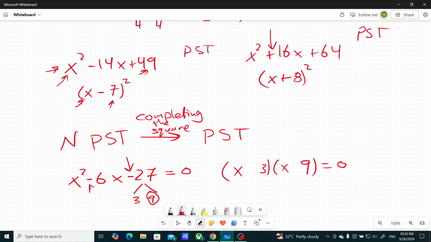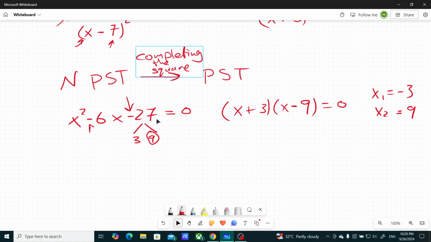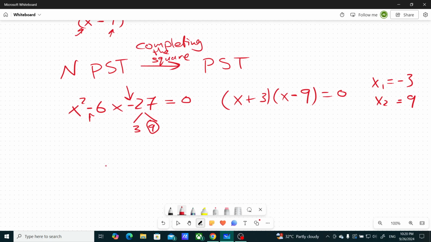So 9 is greater than 3, so it will take the minus, and 3 is going to take the plus, and I will have an x1 of minus 3 and an x2 of 9. Okay, let's try and attempt this using completing the square. I want to solve the exact same function